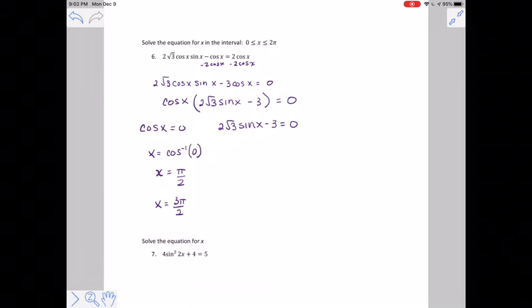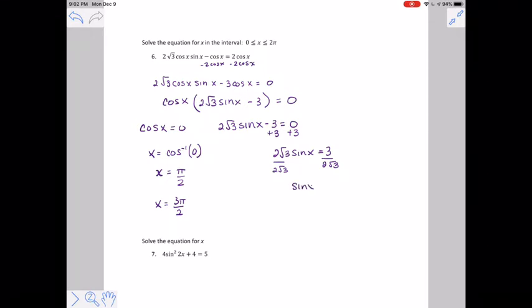Now for this other one, if we added 3 and then divided by 2 square root of 3, then we would have sine x equals 3 over 2 square root of 3,